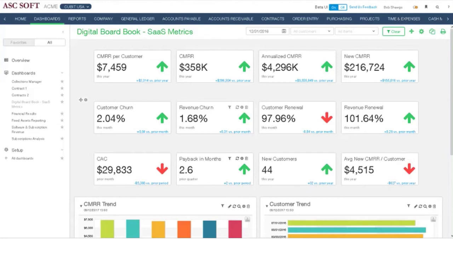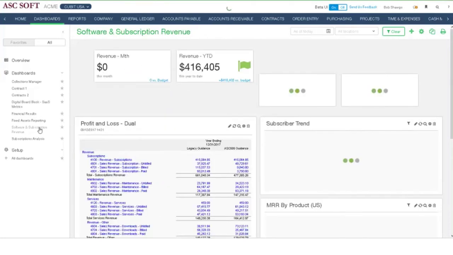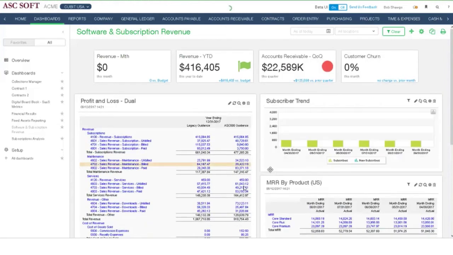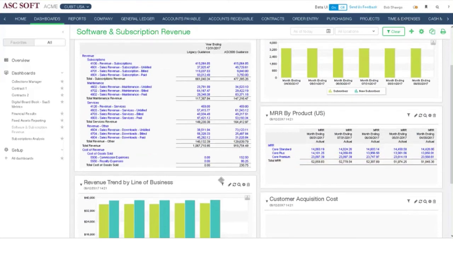So they're looking at all kinds of information here, but if we jump down to software and subscription revenue, this is a different dashboard. You can allow different people to look at different dashboards. I'm going to show that in a minute. In this dashboard, I've got this breakdown of monthly recurring revenue by product. And so I've got my 4 products that I'm selling here, and then I've got, moving backwards, end of August, end of July, and we can show a comparison of how this revenue